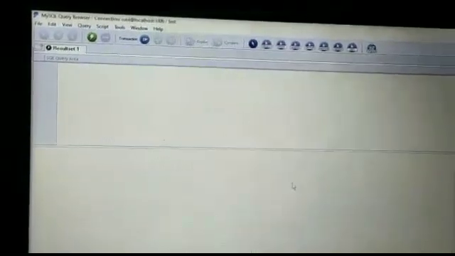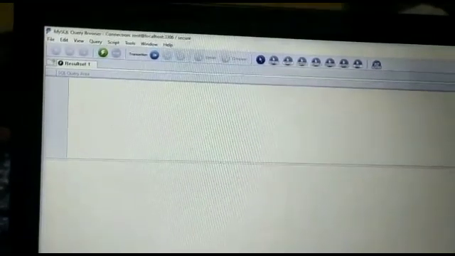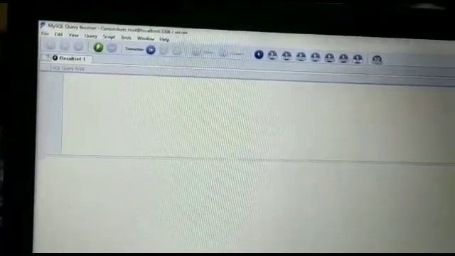Now you can see, even by using the MySQL database, I can retrieve the data by entering a specific query. See, by entering my specific query, I can retrieve all the data from here, even here.